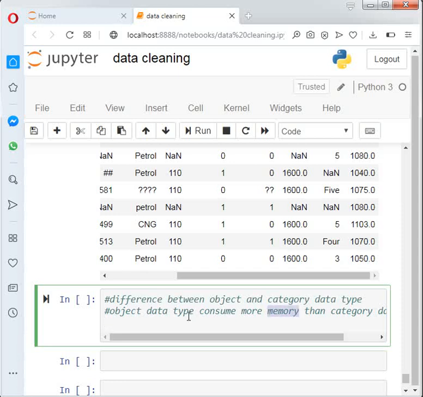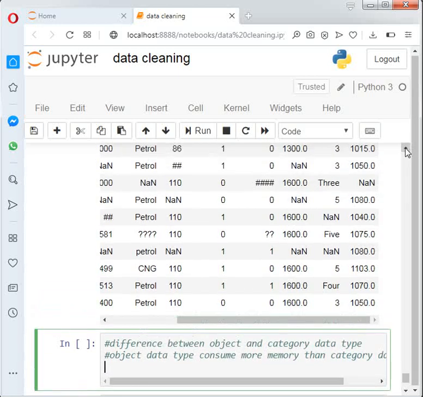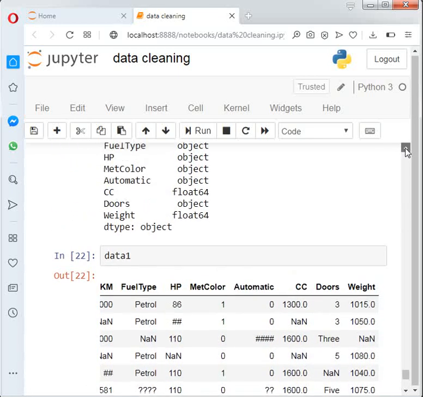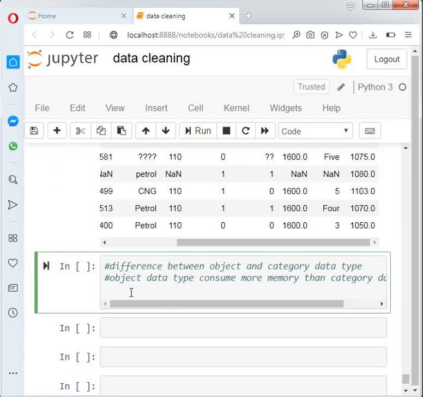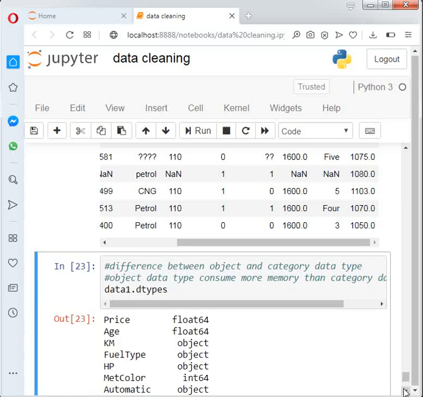Let me elaborate with an example. I display data1 dot dtypes to find all the columns.